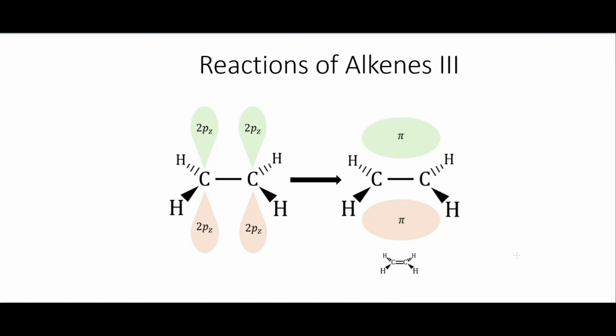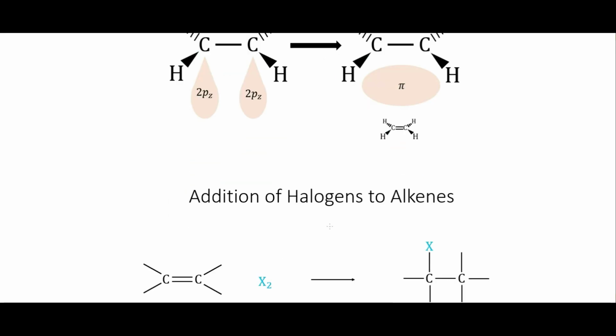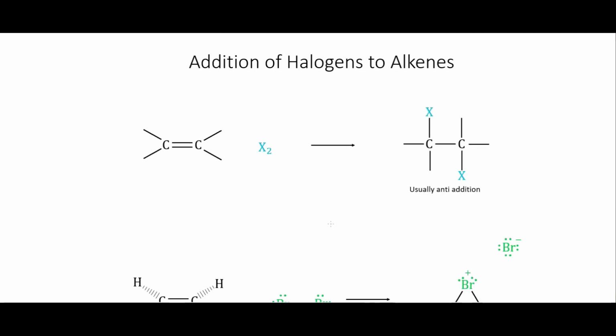In this video, I'm going to continue our discussion of reactions of alkenes. In this one, I'll be talking about halogenation and the production of halohydrins, hydrogenation, lots of H words here, and addition of carbenes. All right, so we'll first start with the addition of halogens to alkenes, which has the general scheme of this